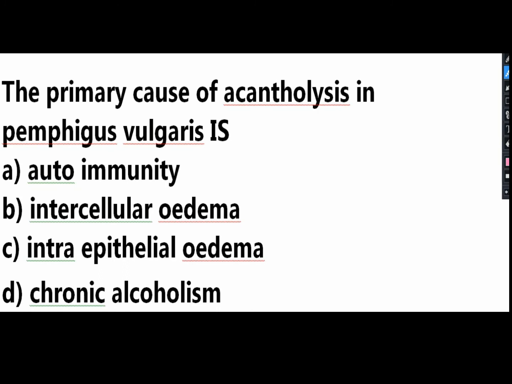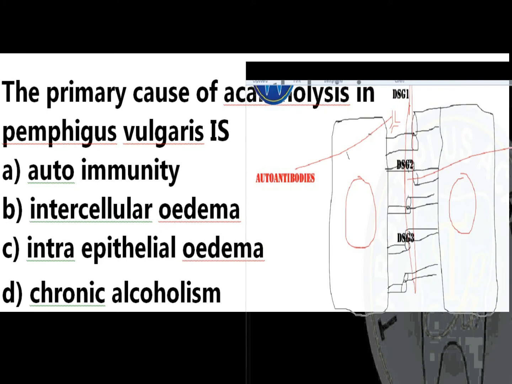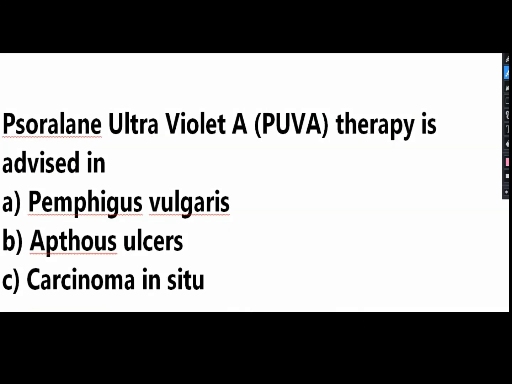due to autoimmunity. So autoantibodies are formed against the desmosomal components, which results in epithelial cell separation, and this is known as acantholysis. So the answer is autoimmunity. Puva therapy is given in